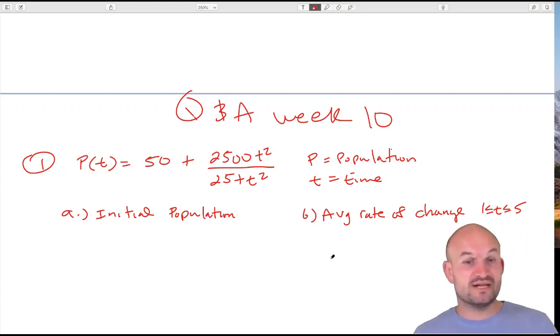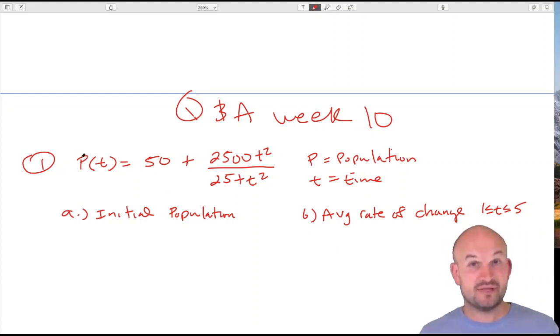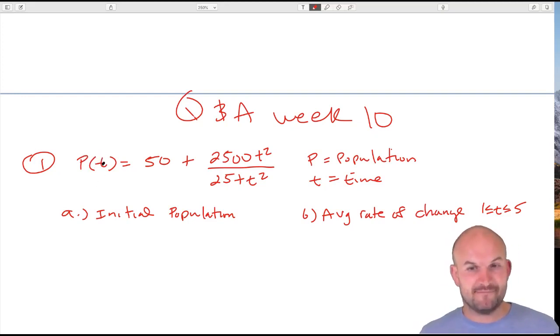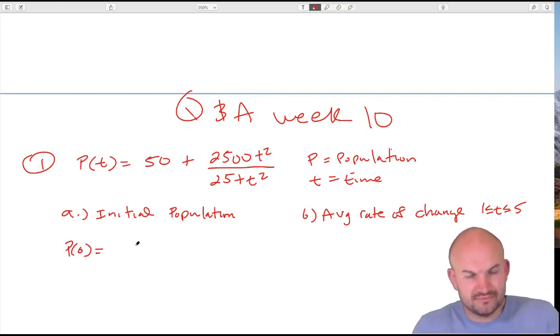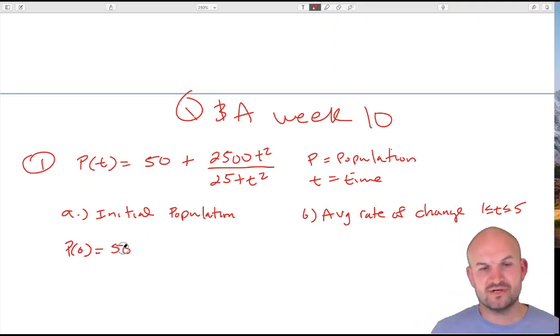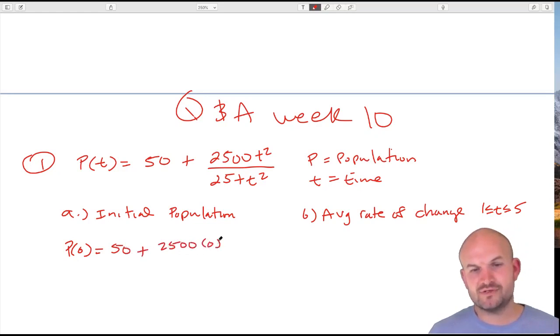So the first thing is asking, what is the initial population? P of t represents the population of, I'm just going to say frogs, with respect to t. Well, obviously, if t is 0, that would be our initial. So if we want to find the initial of anything, we're just going to do p of 0. Obviously, your initial could start at a different time interval, but for our case, we're just going to have 50 plus 2500 times 0 squared over 25 plus